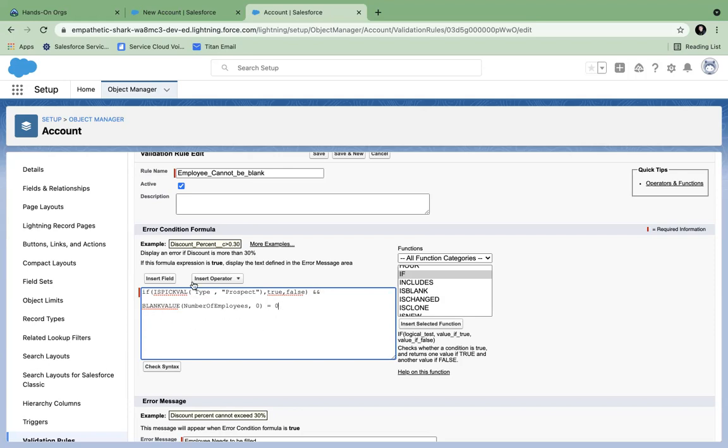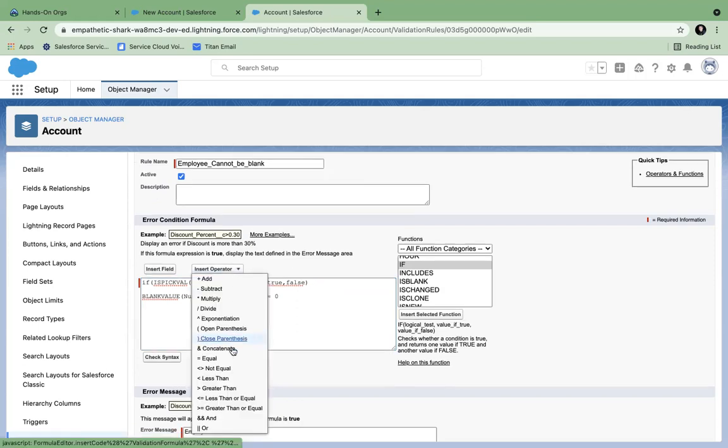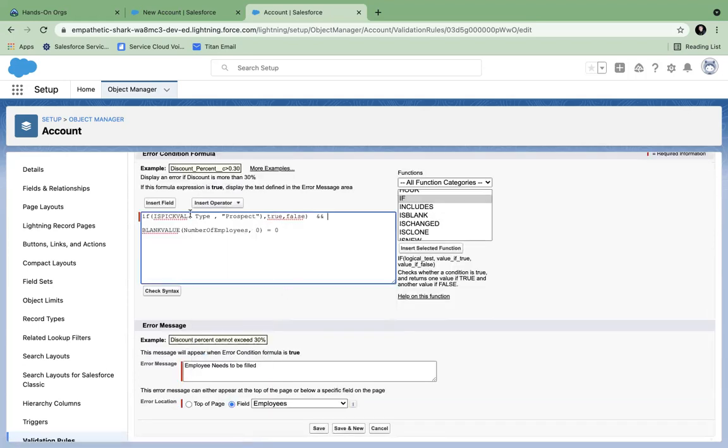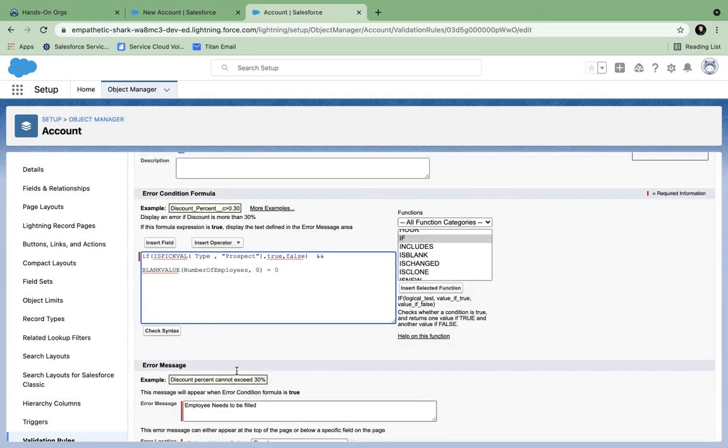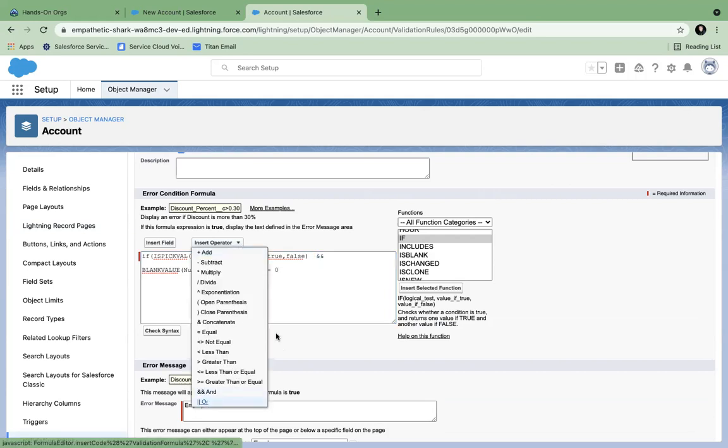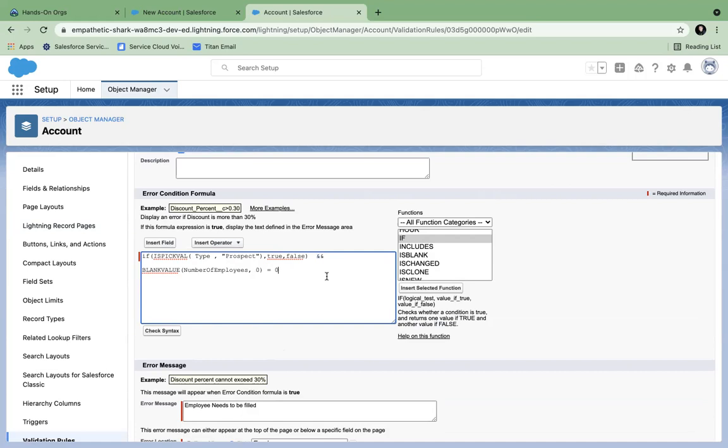blank value is equal to. So if the prospect is true, what is this AND operation? This is connecting, making both conditions important. That means AND expression, you can type it directly from here, or you can do an insert operation here. This is the AND expression. AND means both these conditions need to be applicable. Then only I will fire this blocker. Validation is just a blocker, right? And if either of these conditions needs to be true and I will blank it, then I can directly use the OR operator. OR means any, and AND means all.